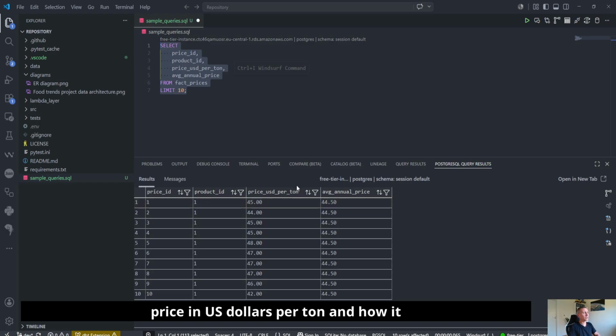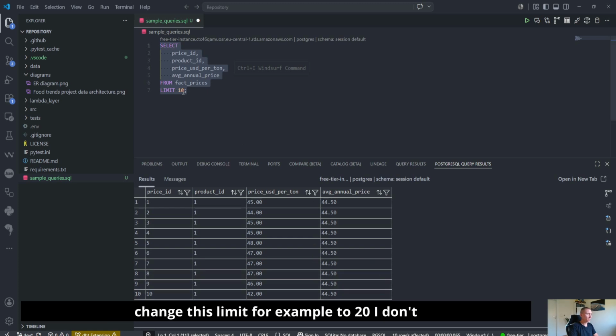Then we have price in US dollars per ton, and how it changed month to month, because the granularity is January, February, March, and so on. So every row is a different month. And the last feature is average annual price, and since this price is annual, it's the same for the whole